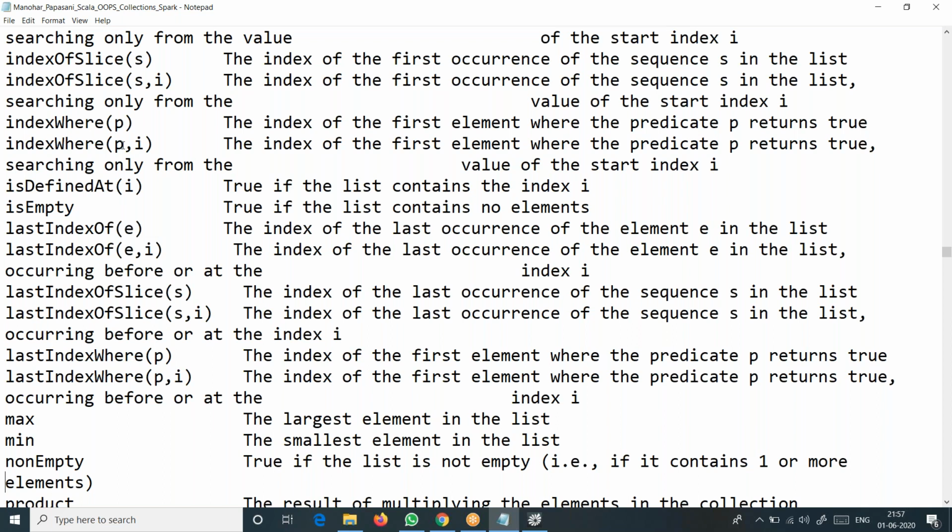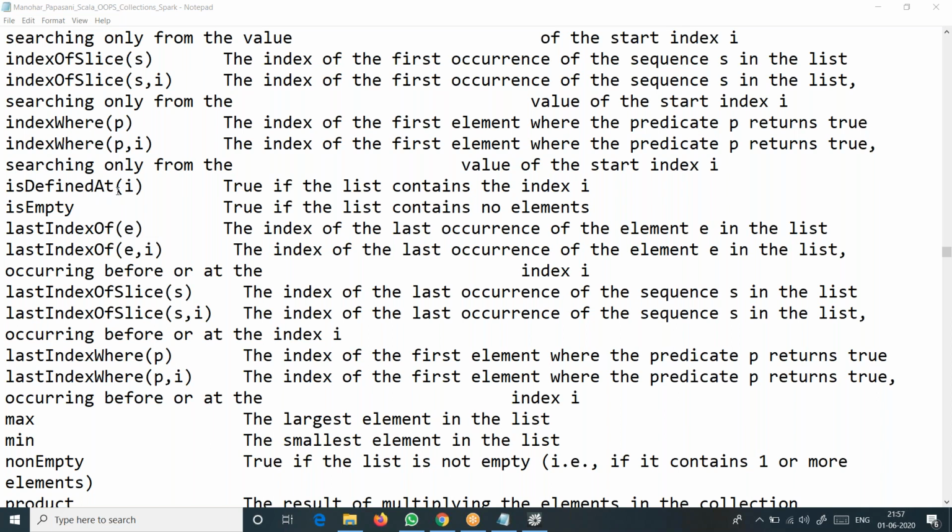Index where p comma I is again a different thing. The index of the first element where predicate p returns true, searching only from the value of the start index. That's fine. I'm not sure about it, folks. We will check and analyze it.